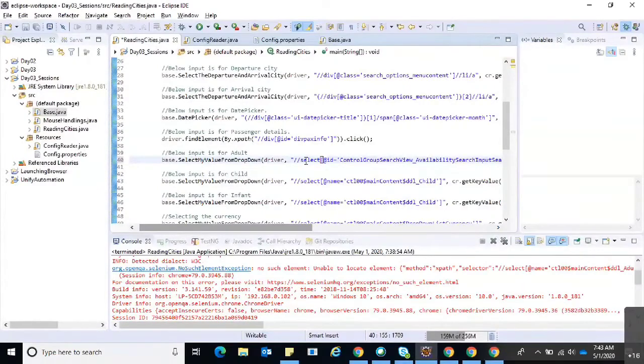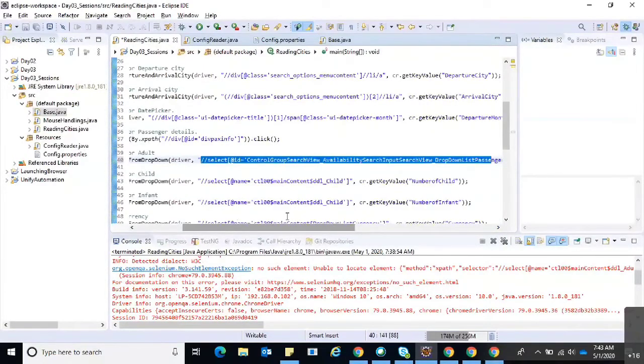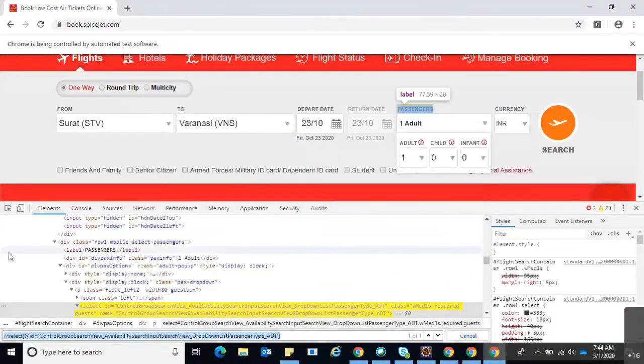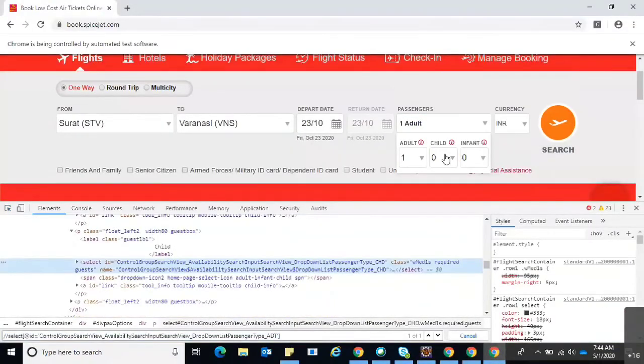In real time, guys, instead of passing the XPaths like this, we can send all these XPaths with the help of a page object model. So what we do in the page object model is we're going to create a class file for each and every page, and we're going to mention all the web elements which are related to that particular page in one class file. Like that, we're going to handle all the web elements in different class files. Okay. I will explain this page object model after this config file reader. We'll see that today.